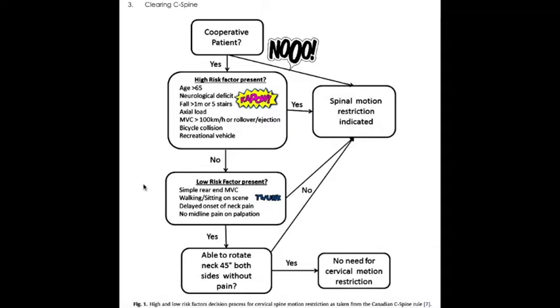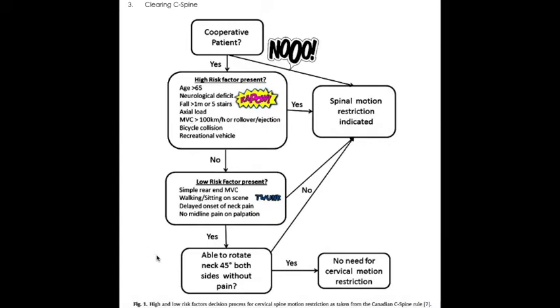Low-risk factors indicate that the accident was unlikely to cause spinal injury. The first thing is a fender bender, a simple rear-end motor vehicle collision. If the patient was walking and sitting on scene. If the patient had no neck pain initially and it only developed a couple of hours later, and if there's no midline pain on palpation. If low-risk factors are present, you can then move on to the fourth stage, which is to determine whether the